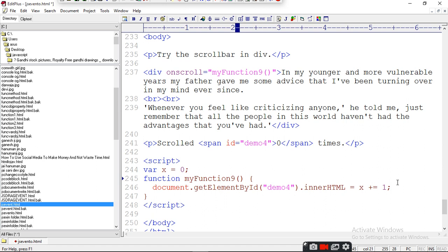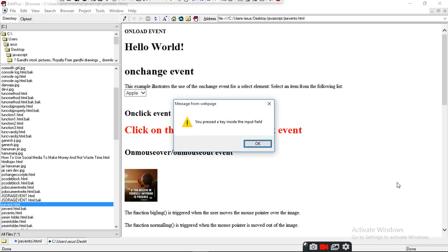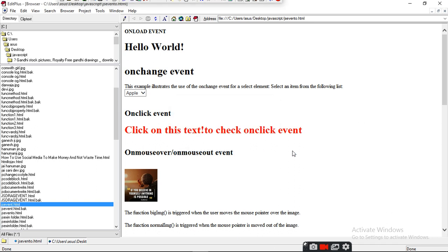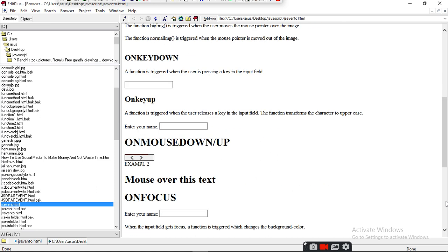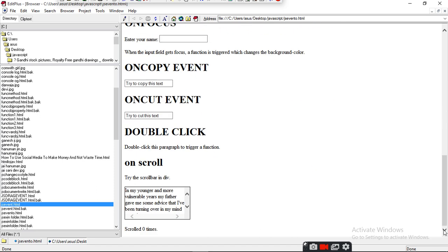So run this. Press inside the input field and come down. Here, scroll 0 times. Now, when you scroll, it will check how many times you are scrolling. So, this way you can get it.